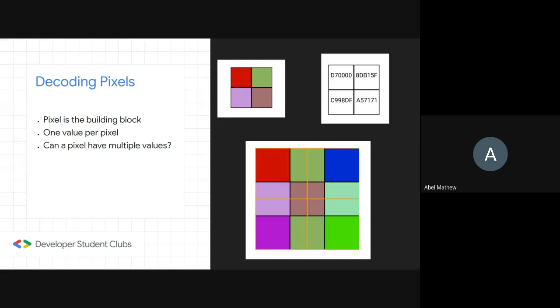If you have a transparency, it will have 4 elements. Any given pixel will have just 1 color. So if we assume the bottom image, we have 1, 2, 3, 9 pixels. And if you're trying to represent this in an array of 2 cross 2, it is not directly possible.